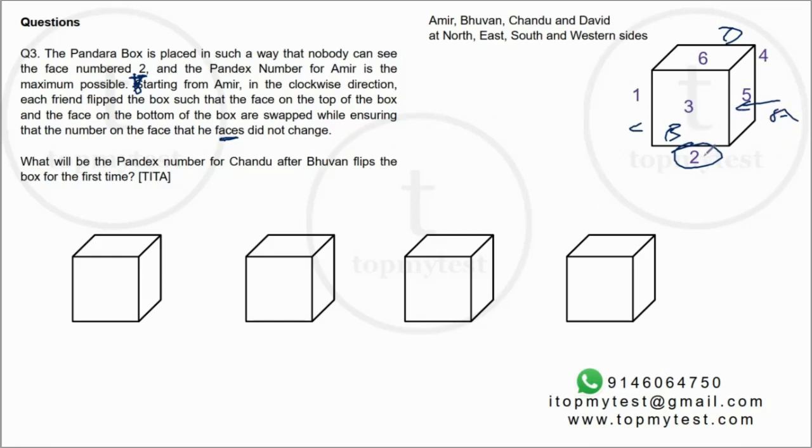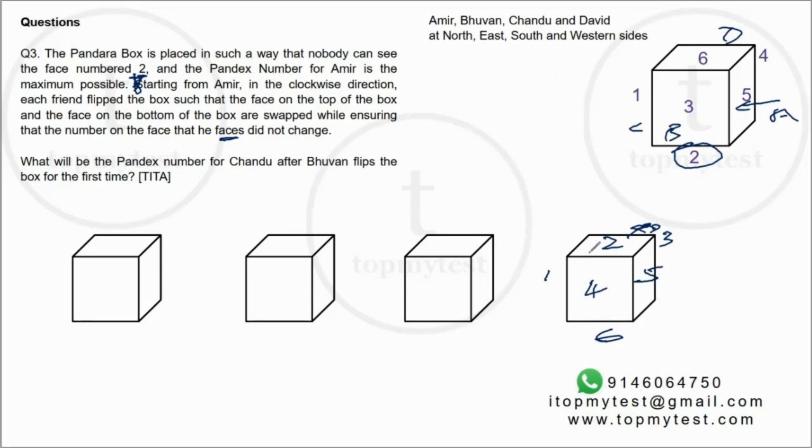He will flip it in such a way that 2 goes to 6, 6 takes the place of 2. But 5 remains where it is. He still has to place face 5. Now, if 6 goes at the bottom and 2 comes to the top, you have to rotate it clockwise, right? Which means 3 will come at the back and 4 will come onto the front. That's the only way to change it, because you cannot change anything else. 1 has to stay where it is, 5 has to change.